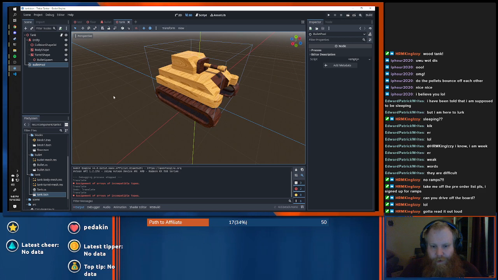That might be the most Godot way to do it, is to give it two children for active bullets and the bullet queue. Let's play with that and just see how that feels. I can always change it later.